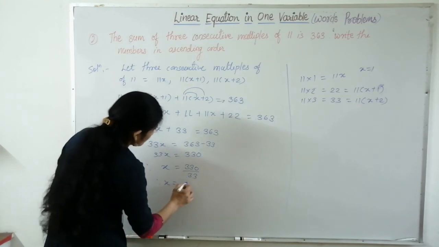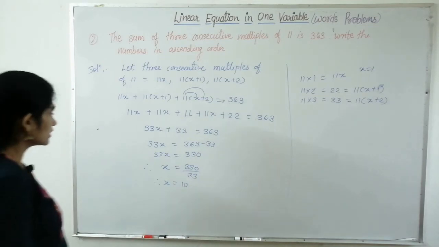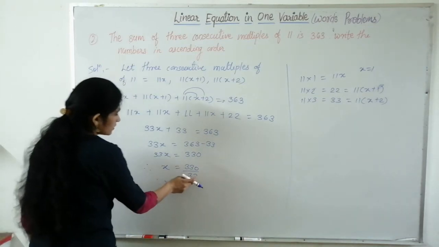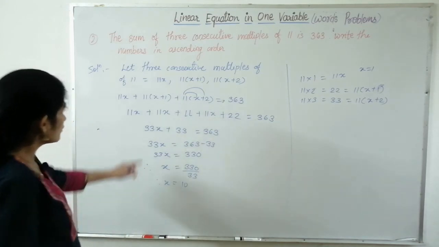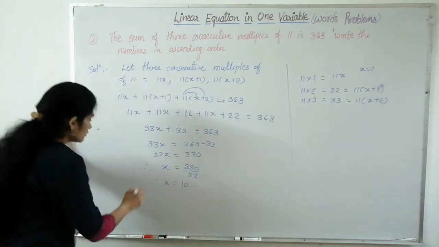equals 330 divided by 33, which is 10. So x equals 10. Now we got x as 10. Therefore you can write the consecutive multiples